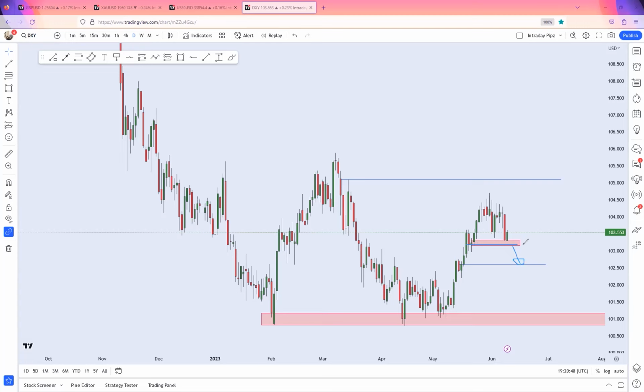If price breaks this zone, then we should see USD trade south. So looking at price action, I'm expecting a bearish USD. I expect price to take out Friday's low and continue bearish, at least to test this zone right here. In view of that, anybody looking to trade gold should be looking at the flip side of things.